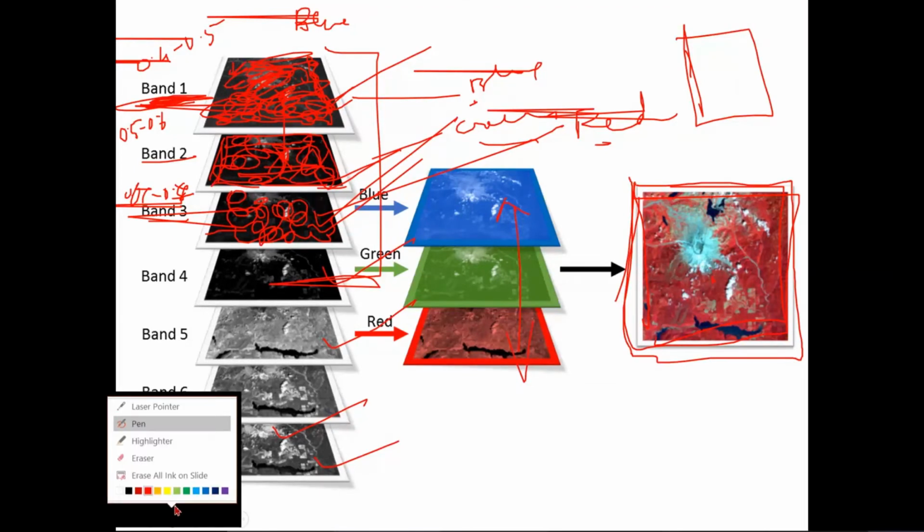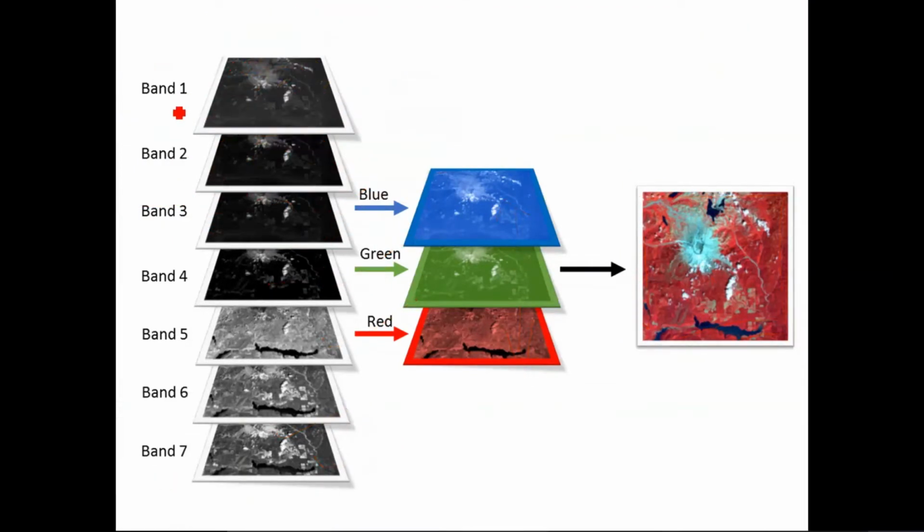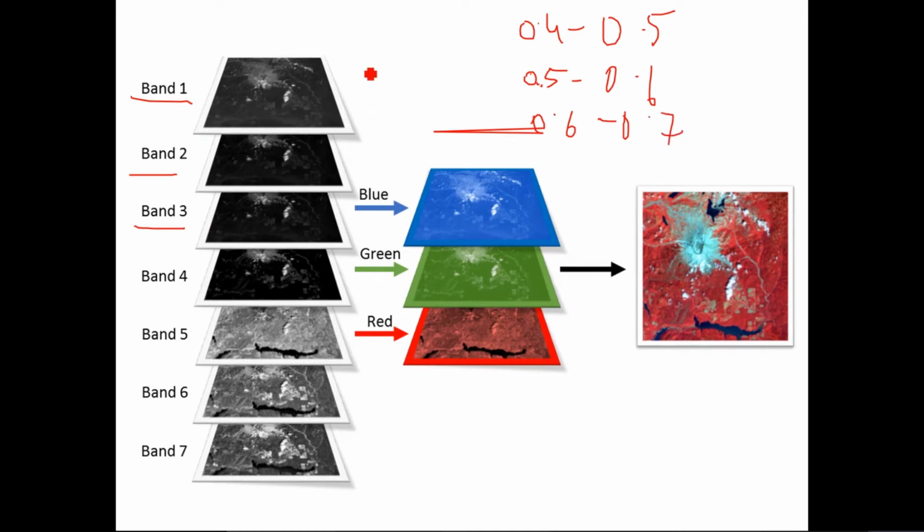Okay, so I'll explain it once again. Suppose this band 1 is 0.4 to 0.5, which is the blue color range, isn't it? And band 2 is 0.5 to 0.6. Suppose I'm just assigning these randomly. And band 3 is 0.6 to 0.7. All right. The satellite image here, what does it represent? Basically it represents a particular brightness level, the reflectance in this wavelength, and that is represented as DNs, right?